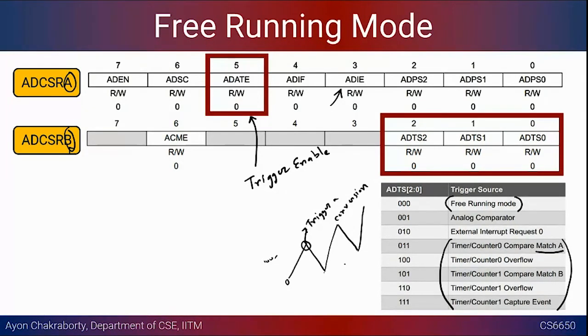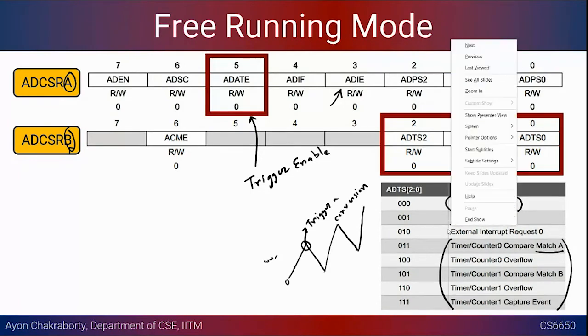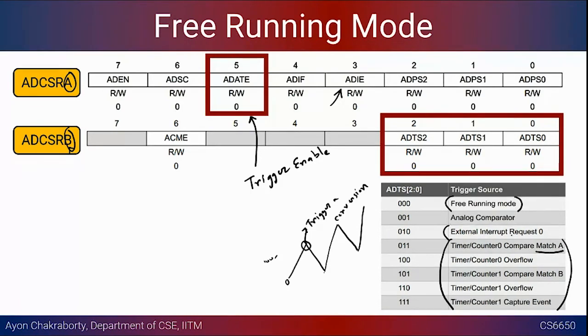Clear? And similarly, the simplest thing is the free running mode, where it keeps on doing the conversion. There could be other things, for example, the external interrupt request. For example, you can press a button, and only when you press a button, it is going to read the analog sensor. So there is no point in keep on reading the analog sensor. When you are pressing a button in the way I showed you earlier, then only you can read, otherwise not.